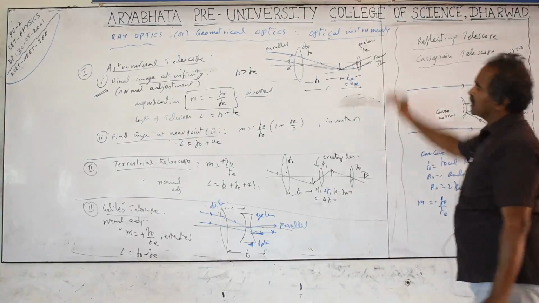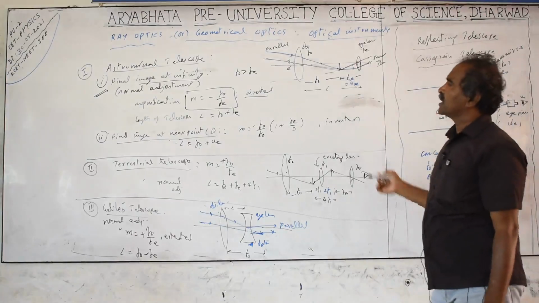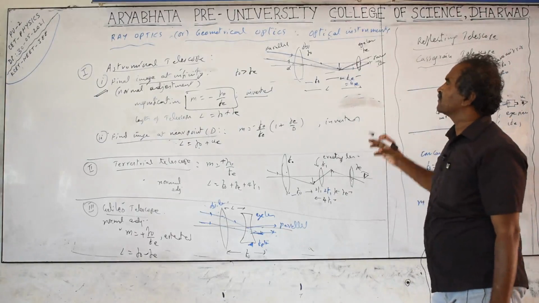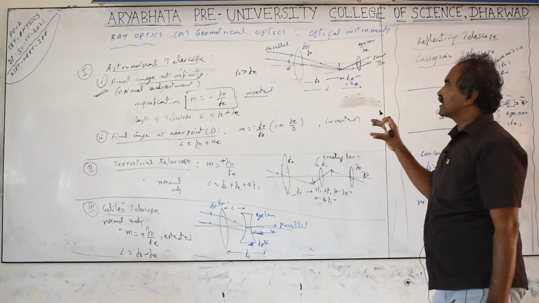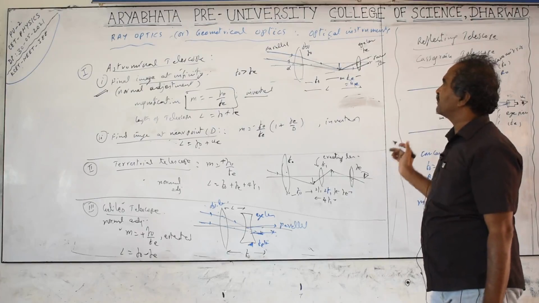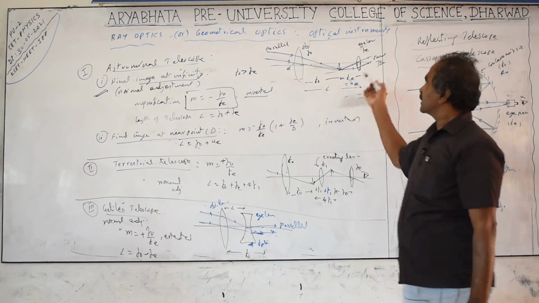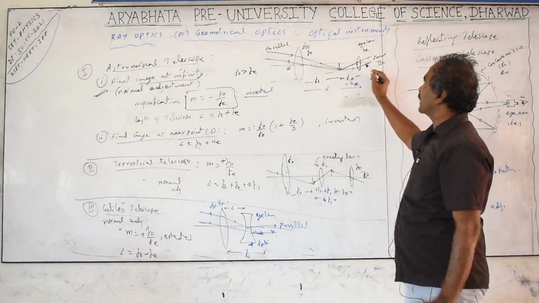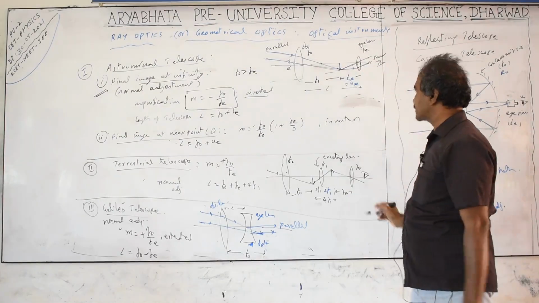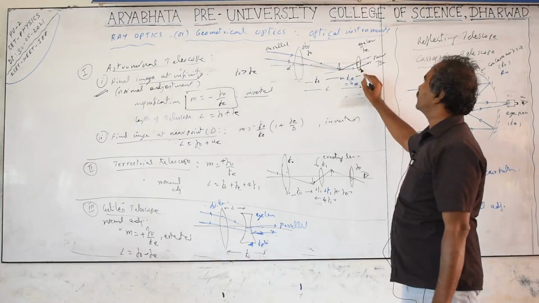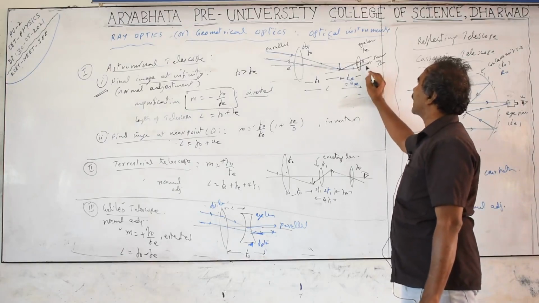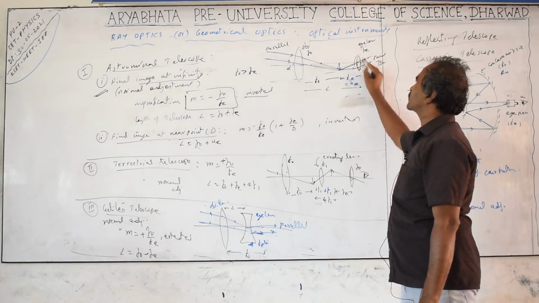Next, in the case of the refracting telescope, there are some problems: images can be colored or may not be clear. That is called aberrations. To eliminate the aberrations, we take the help of a combination of more than one lens near the eye, which is called an eyepiece. Eye lens means a single lens; eyepiece means more than one lens. One is called the field lens, and one more lens is used here, called the eye lens. The combination is called the eyepiece.